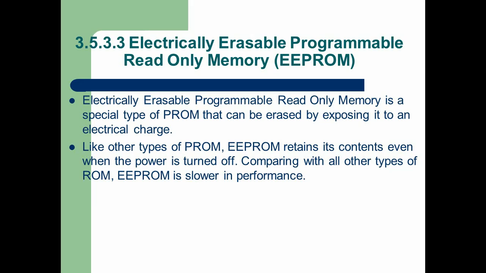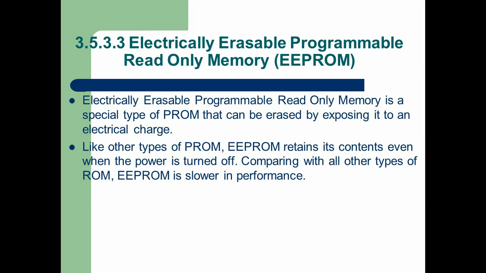So there is a similarity between PROM, EPROM, and EEPROM. Once the data is written inside the chip, whenever you switch off the computer, the data is not going to be deleted or lost like RAM. But the difference is in PROM, once we write the data, we cannot remove it. In PROM, we can write the data after manufacturing the PROM. In EPROM, we can write the data after manufacturing the EPROM, and we can also erase the EPROM data by using UV lights. In EEPROM, we can write the data after manufacturing the EEPROMs, and we can erase the data using electrical charges.